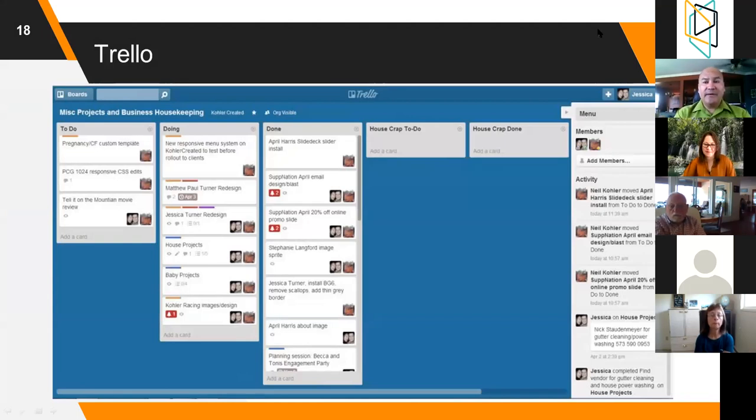Now remember, the tool selection is just my opinion. There's lots of opinions out there. So with Trello, this is not my particular board. I took this from the internet. So what it says, house crap to do, that wasn't me. What this individual has done is they've taken basically a Kanban board. They've got what's to do, what's doing, and what's done. So straight away I can see I've got a good visual representation online of a Kanban board.